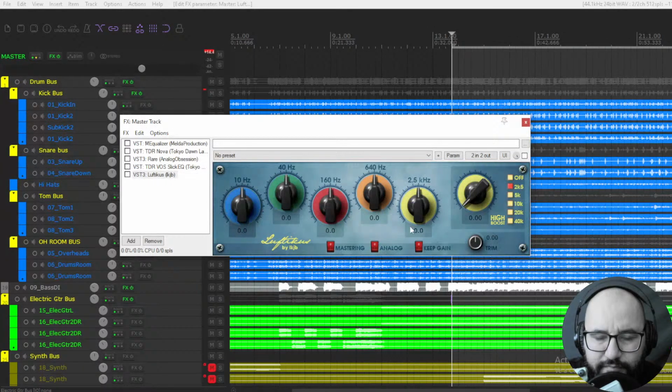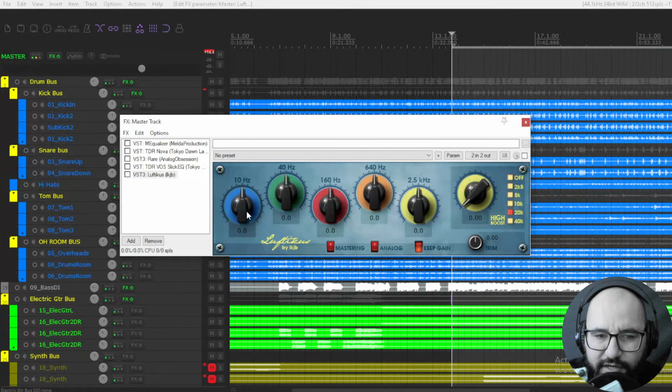And also here in the highs, you have a high boost. You select which frequency you want to boost, like 2K, 5K, 20K, and I don't know why it's 40K, because I don't think we can hear 40K, but it's here. And you have a trim as well, in case you want to compensate, but with keep gain engaged, you are pretty much good to go as far as auto gain.